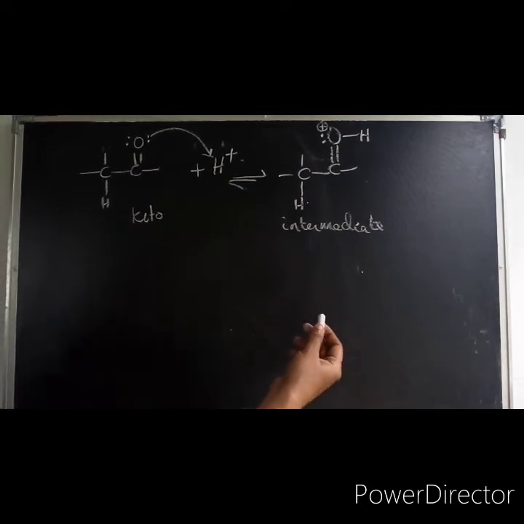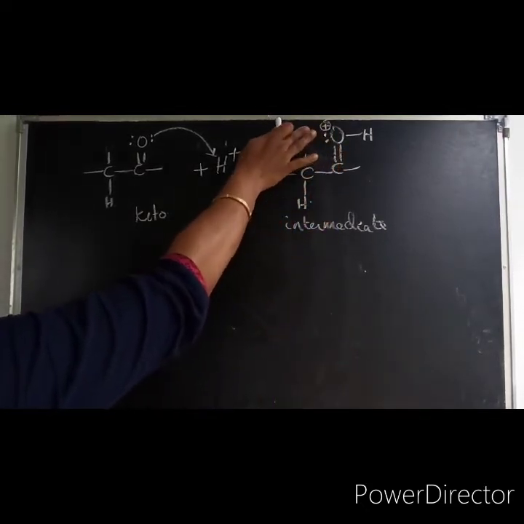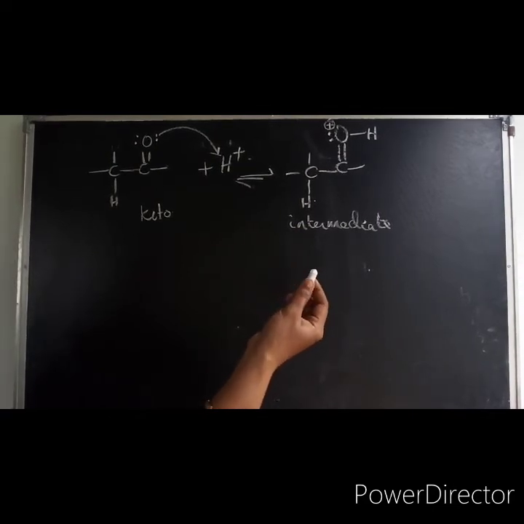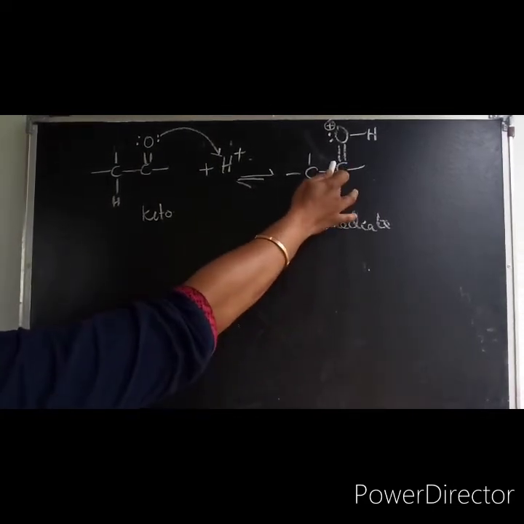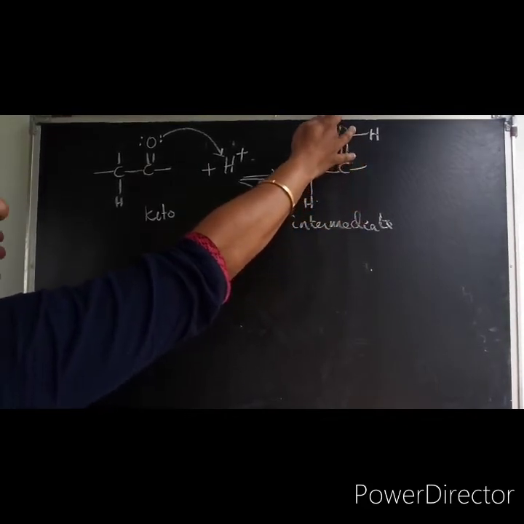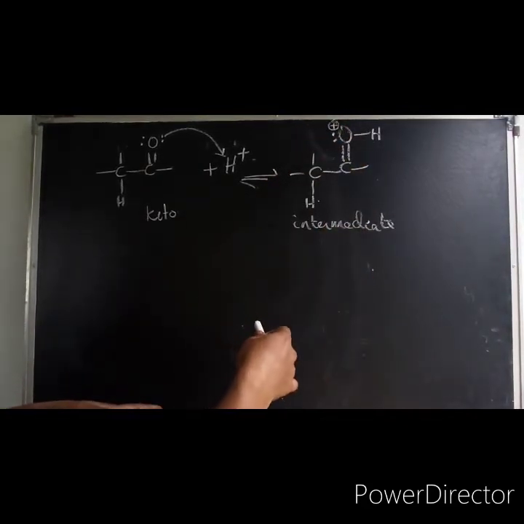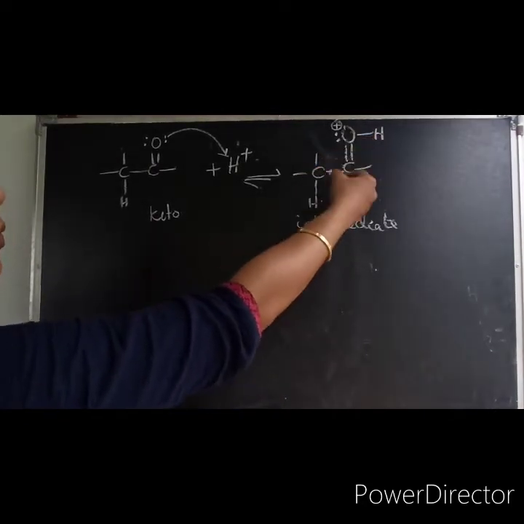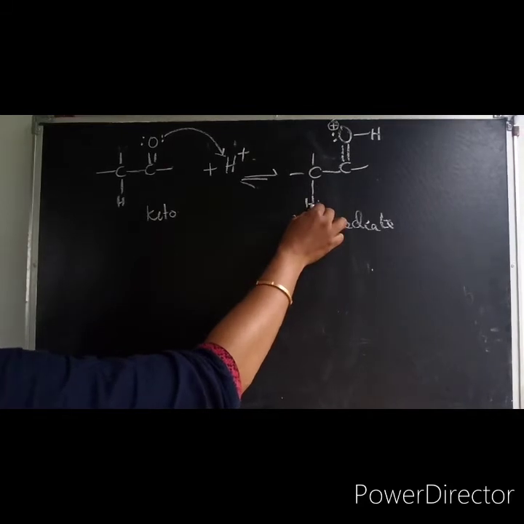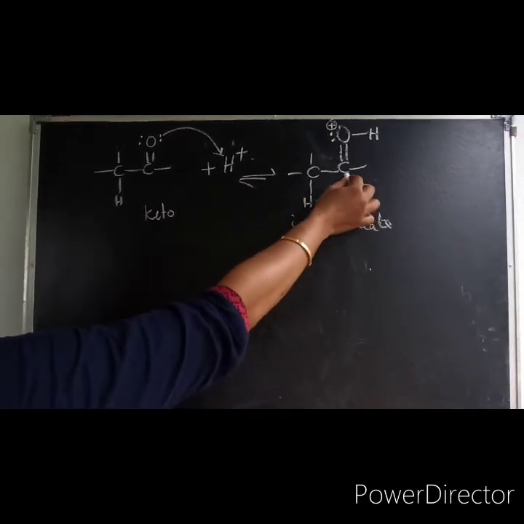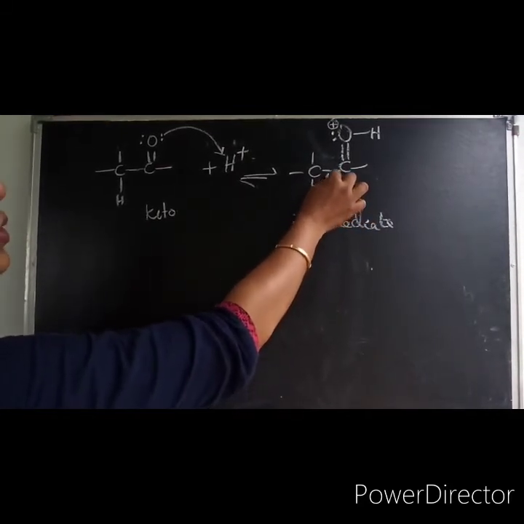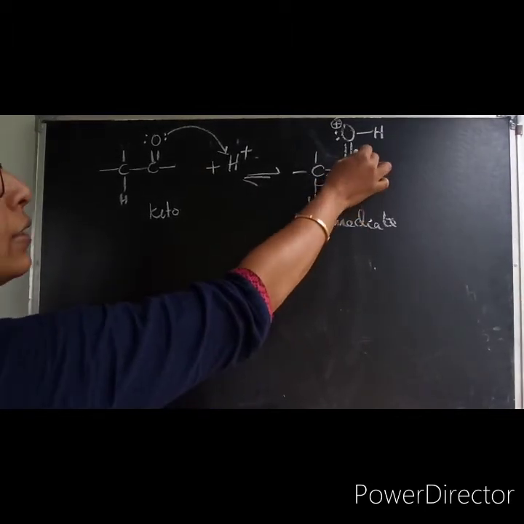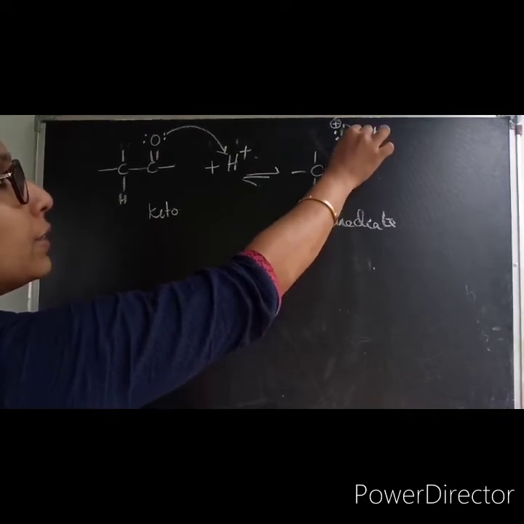Now in the next step, what will happen? This is a positively charged intermediate, so we have to neutralize that positive charge. How will it happen? If this hydrogen is attached to the carbonyl compound, it is already electron deficient, so the minus I effect will be more pronounced on this side. Electron density will flow through this side. This hydrogen, as I said earlier, is slightly acidic because of the carbonyl group, so it loses this bonded pair easily and forms a pi bond like this, and this pi bond will neutralize the positive charge.